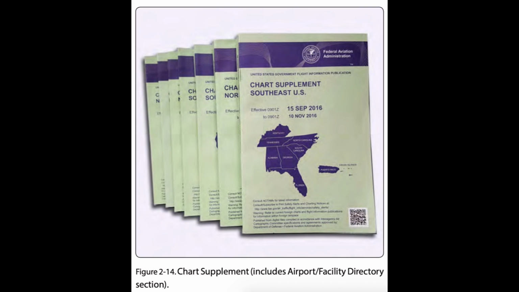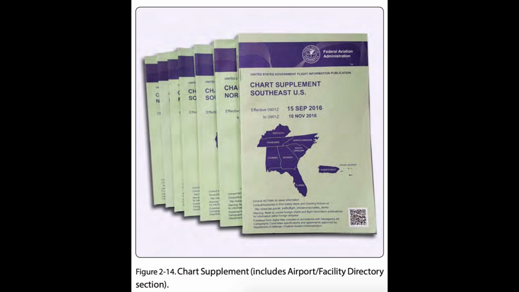Preferred IFR routes. Preferred IFR routes are established between busier airports to increase system efficiency and capacity. They normally extend through one or more ARTCC areas and are designed to achieve balanced traffic flows among high-density terminals. IFR clearances are issued on the basis of these routes except when severe weather avoidance procedures or other factors dictate otherwise. Preferred IFR routes are listed in the CS and can also be found on